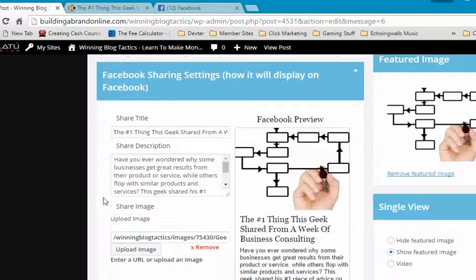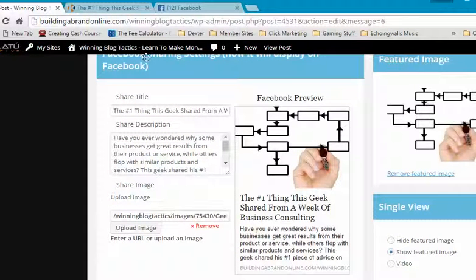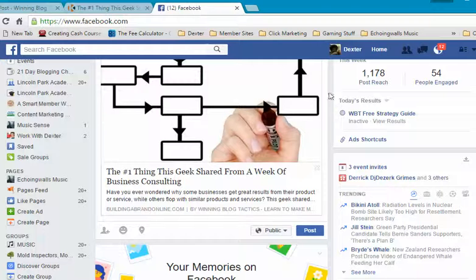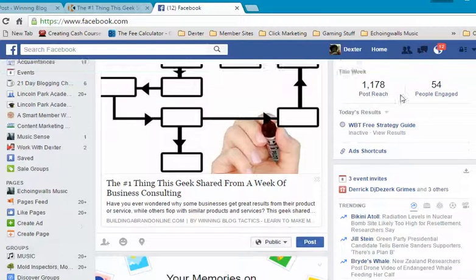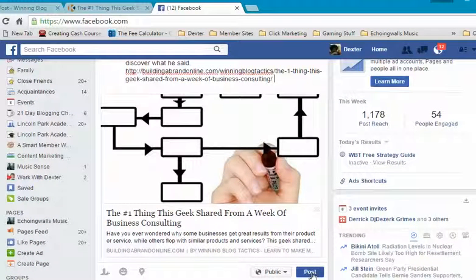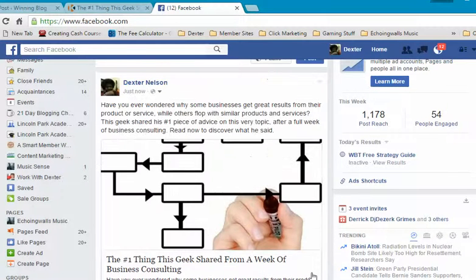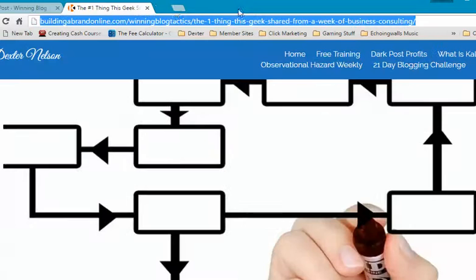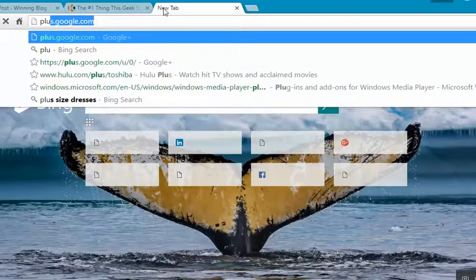Remember when I selected the image, this is the Facebook sharing settings. So when we go to Facebook and we share it, Facebook is automatically going to scrape, and it's got the URL. So what I'm going to do is click post. Now I have my Twitter feed synced to my Facebook, so when I post anything on Facebook, it automatically posts to my Twitter as well. So we don't need this anymore. We can close that. What I'm going to do is we're going to go to Google Plus,